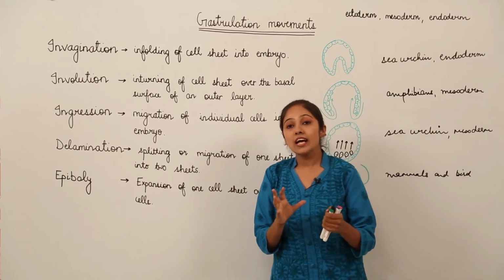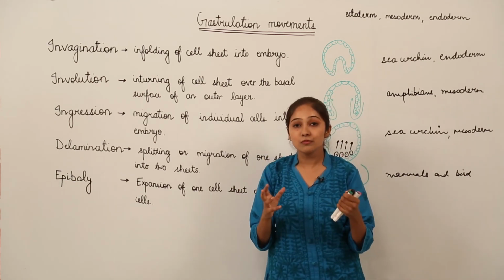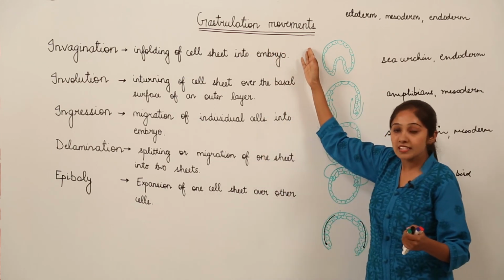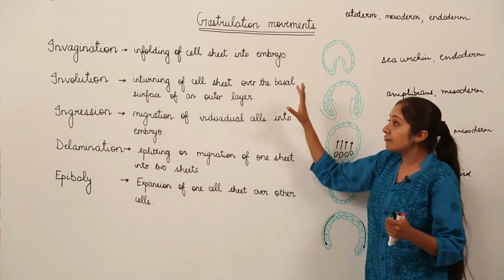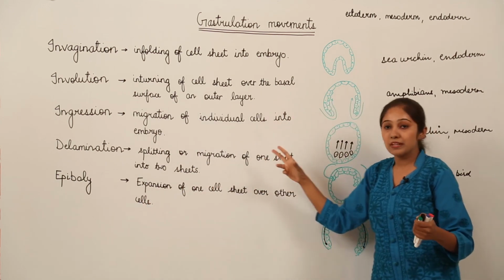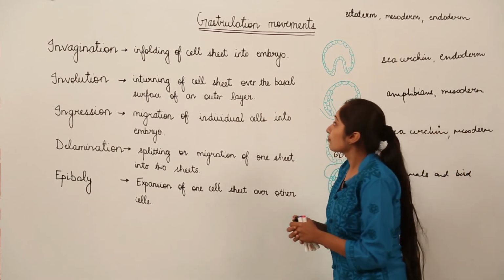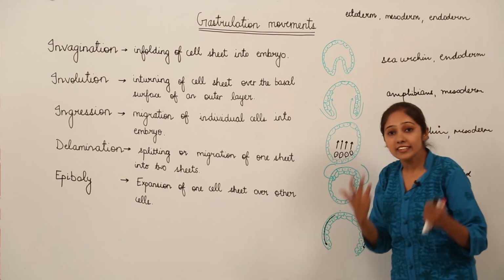Okay, so blastula has numerous cells, and in that blastula there are going to be coordinated movements, and these coordinated movements are the gastrulation movements, and I have given you 5 types of gastrulation movements. So different types of movements are going to take place in different type of organisms. There can be combination of movements also. So this is how the cell movement takes place in a highly coordinated fashion.